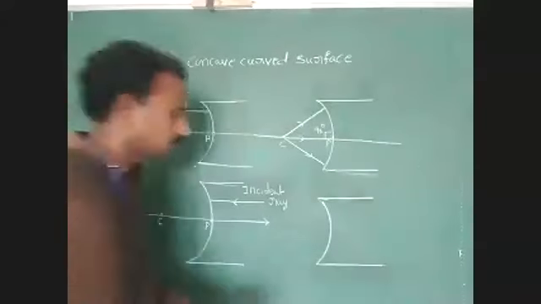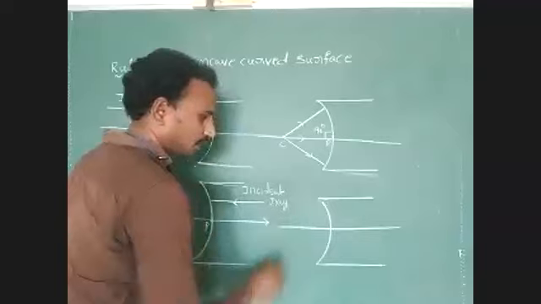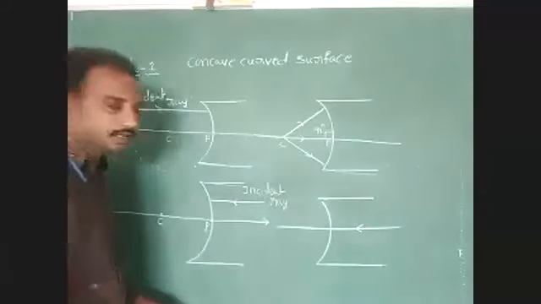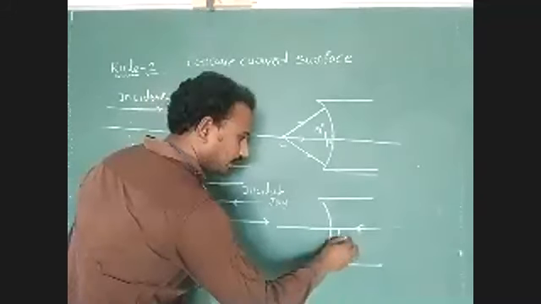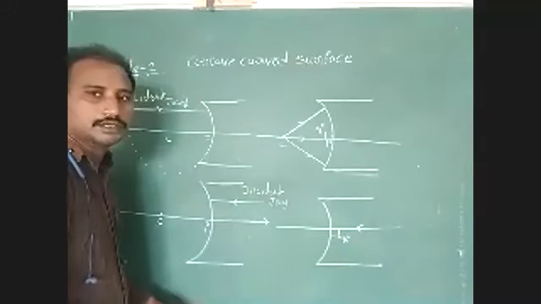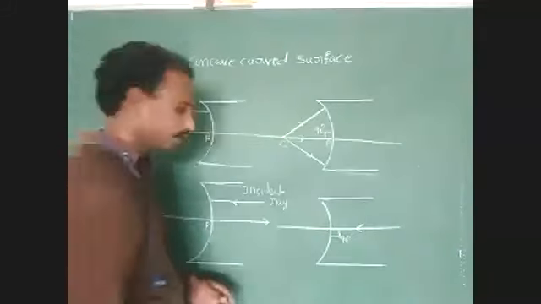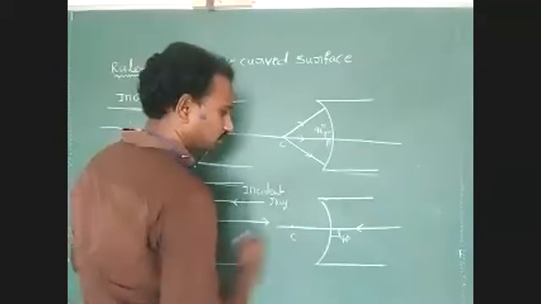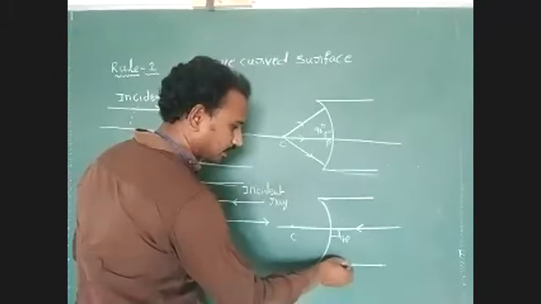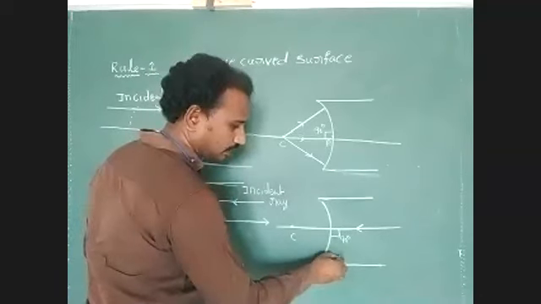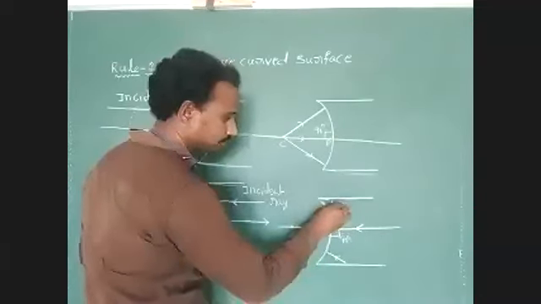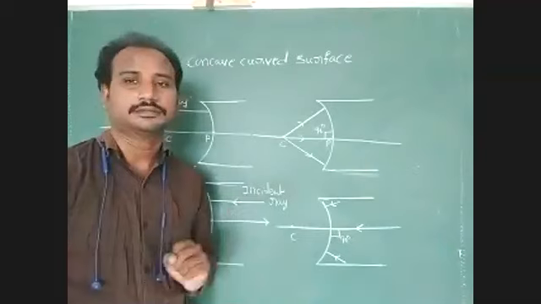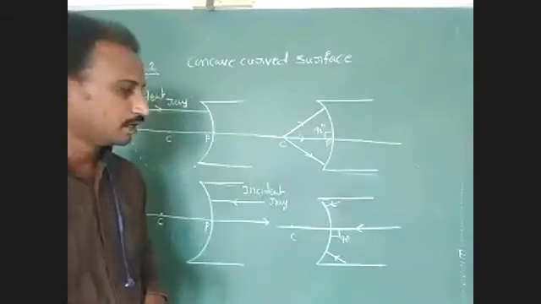Now consider the direction of the incident ray from the denser optical medium to the rarer optical medium. Here, the incident ray makes 90 degrees with respect to the curved surface. What is the direction? Denser to rarer optical medium. The center of curvature is represented as C. Understood? Now just identify this point. We consider another two light rays. This is another light ray and this is also another light ray. So you have to find the refracted ray direction in the rarer optical medium.